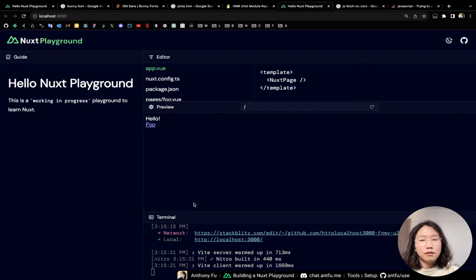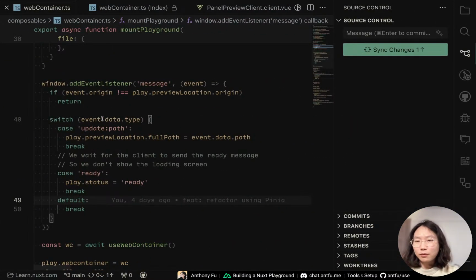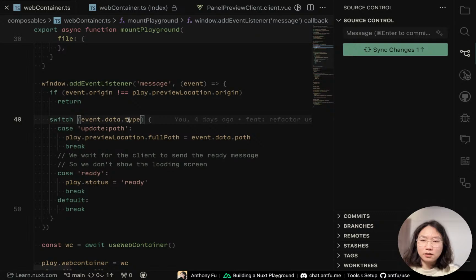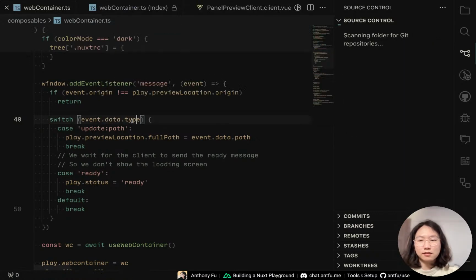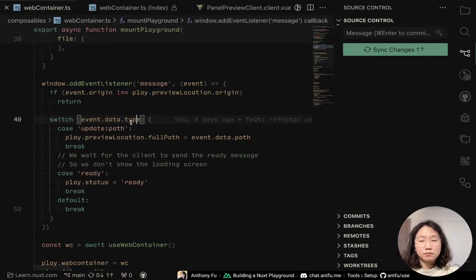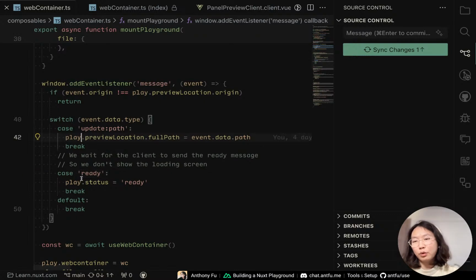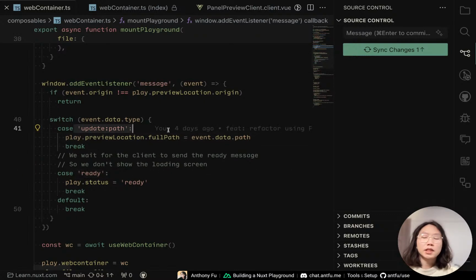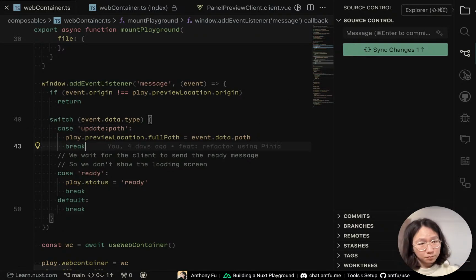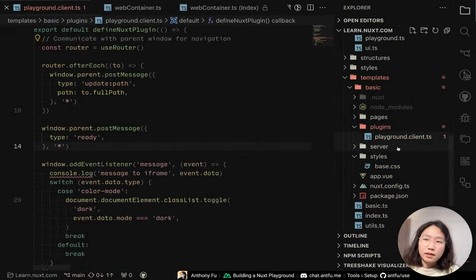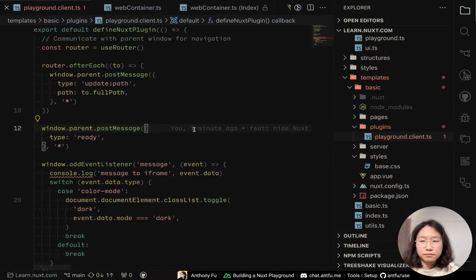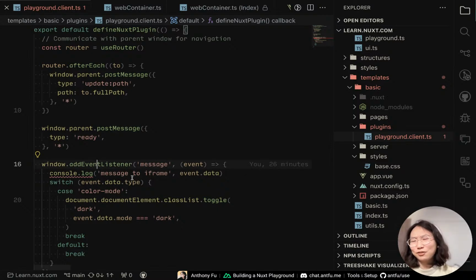Let's talk about the communication part, because currently we are kind of guessing. Here the type is any. It doesn't show any types here. So basically we are just guessing around. We need to remember that here we have the ready, here we have the update path, and we're doing a lot of messaging around, and I don't think that's a very good thing to maintain